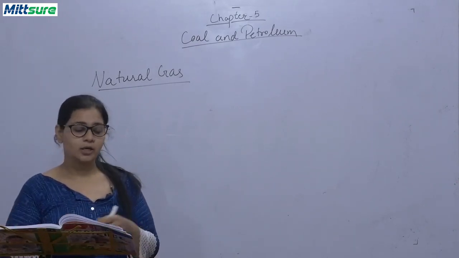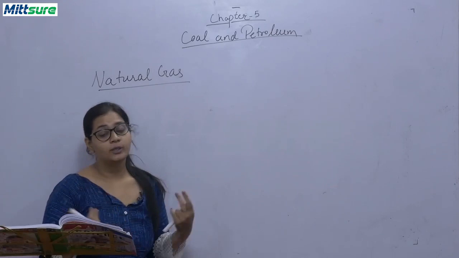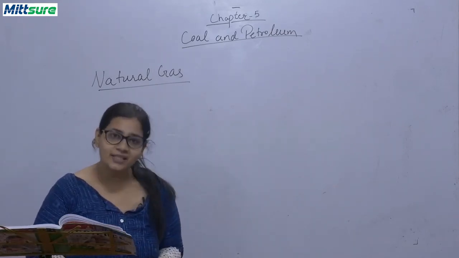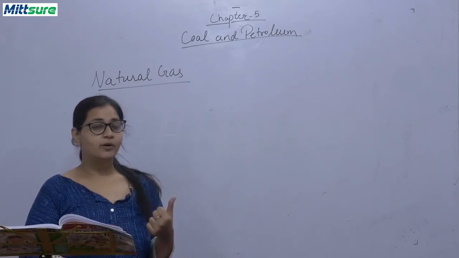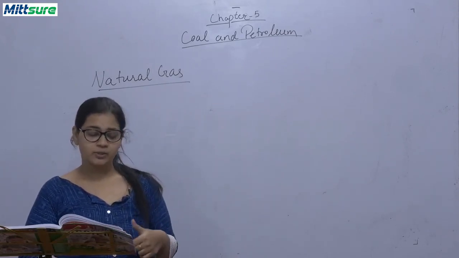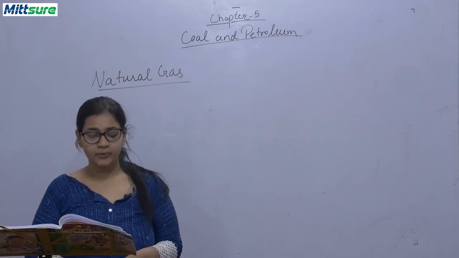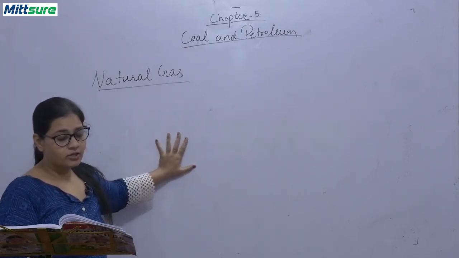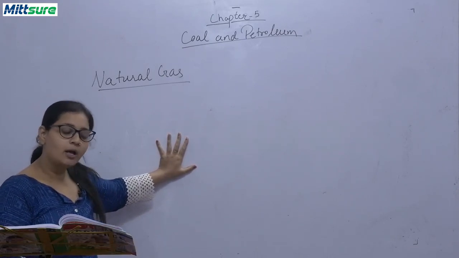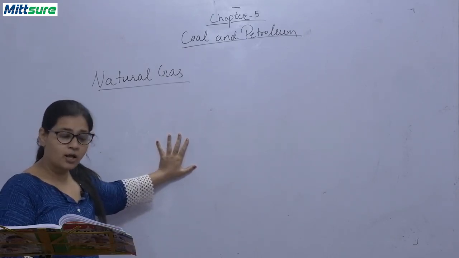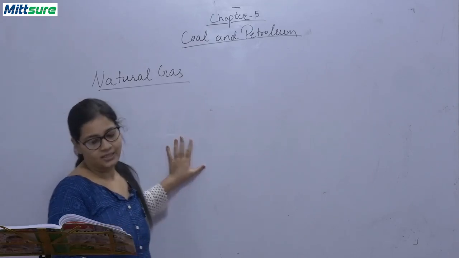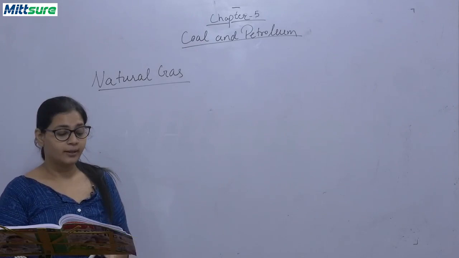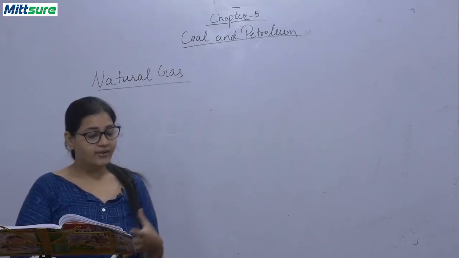Let's talk about the distribution in the world. The world's largest gas reserves are located in Russia. The world's largest natural gas producer is also Russia. India too has very vast reserves of natural gas. It's in Tripura, Rajasthan, Maharashtra and Krishna Godavari Delta. So here we can find natural gas reserves. Now there's a fact file given